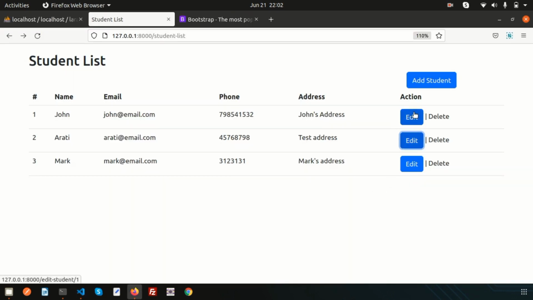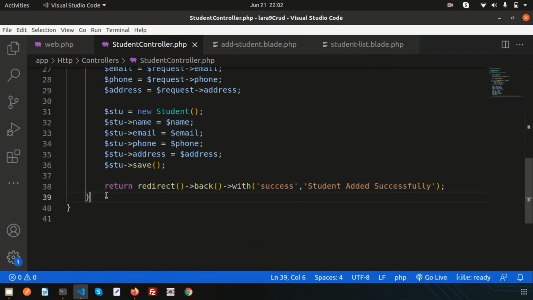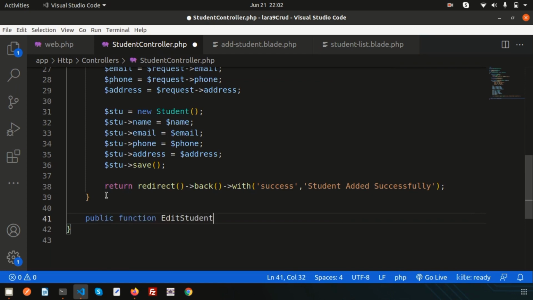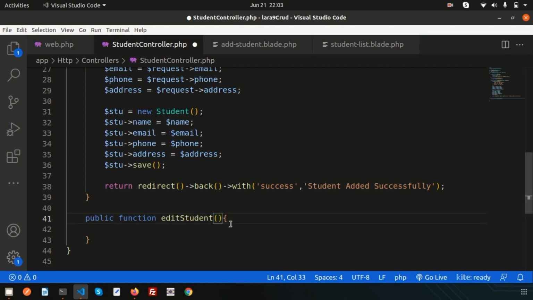Okay, now we have a student function, and actually why not found, actually we are passing the ID here, but we are not accepting that ID. So how to accept? So simply write ID. Okay, and actually we will get this ID from the controller, right? So now just go to the controller and create an edit student function. So simply just write here public function, let's see edit student, and let's write edit should be E. So this is a proper naming convention. Edit student is small, and I'm getting ID. So let's use the ID,